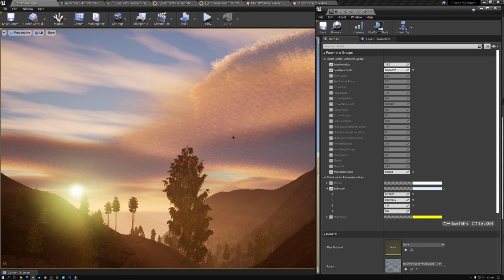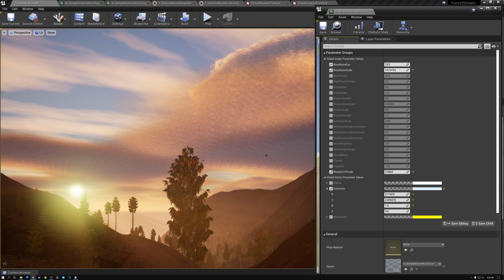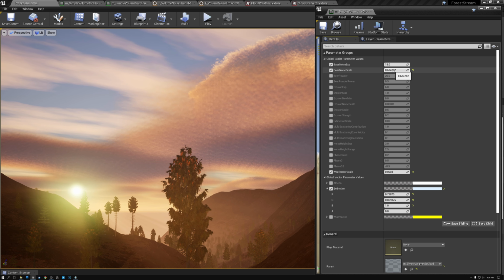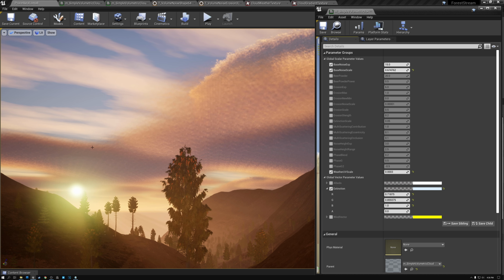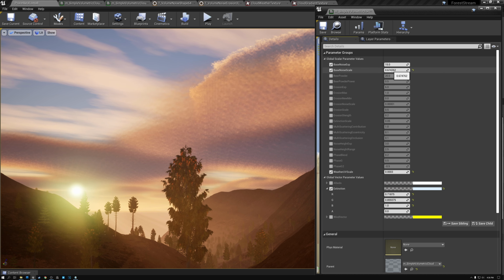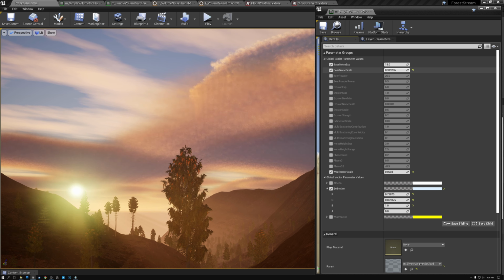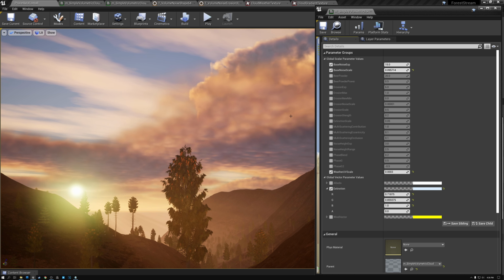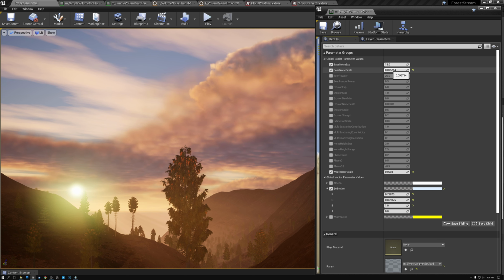But you can see the problem here is that the texture is tiled way too many times, and you start seeing those tiling artifacts. So with this particular setting, base noise scale, you get a lot more detail in the clouds if you give it a higher number, but you start getting a lot of tiling artifacts. So there's an interesting balance that you have to strike here between too many tiling artifacts and